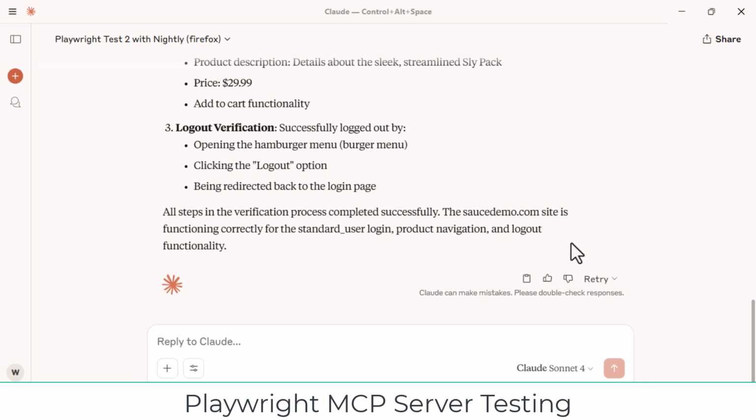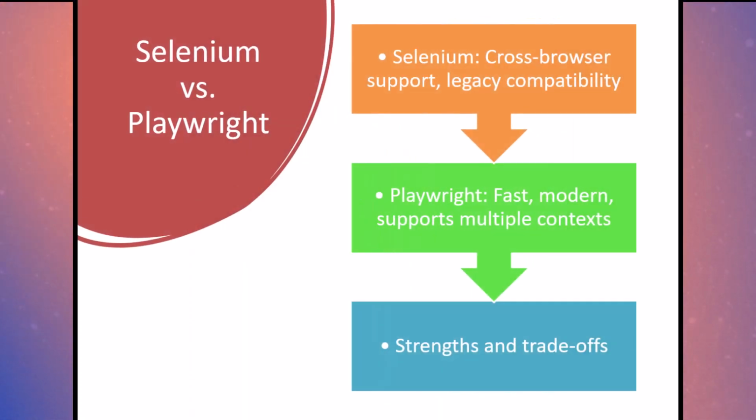Well, this is the end of this demonstration. I hope it was useful to you. Another demo completed. I think we can safely say that both tools test well for the chosen app. Selenium and Playwright MCP servers provide basically the same functionality. Selenium offers cross-browser support and legacy compatibility, while Playwright provides fast execution, modern syntax, and